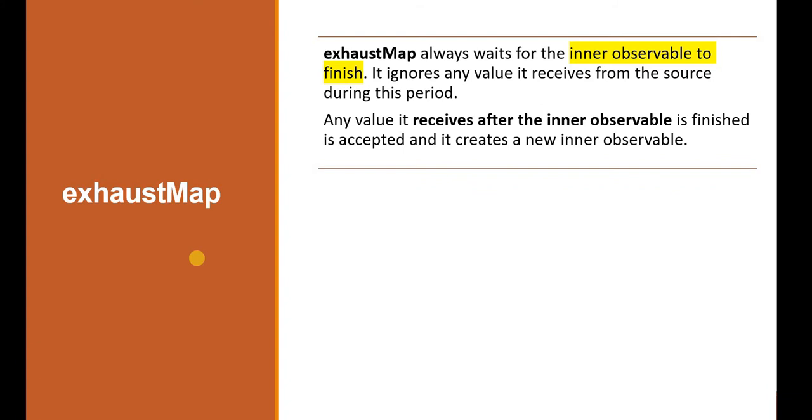This is a use case where you press a button and you want to take the impression of the first button click only, and you want to neglect the other values. So exhaust map comes in useful in the scenario where you want the first clicked value, and it doesn't matter if you have pressed the button n number of times. It will be clearer with the practical section, so let's jump into that.